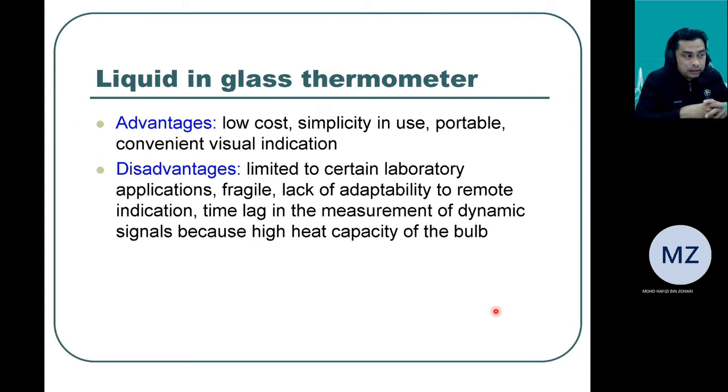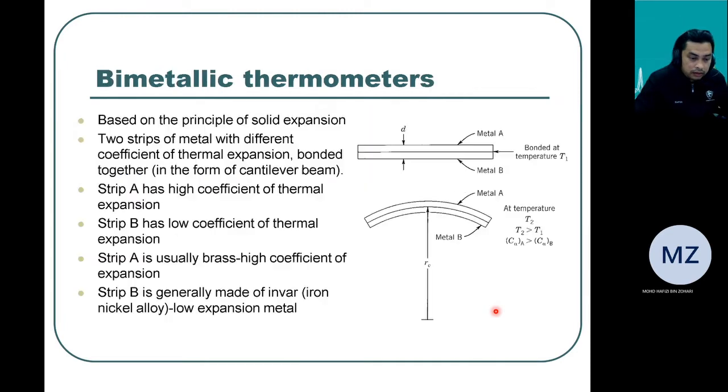And also one more thing, the liquid thermometer, which is mercury, has a delay time. It doesn't simply show the value. It has a time lag before it can reach the level that tells us the reading of the temperature that we want to measure. All right, so then we look at